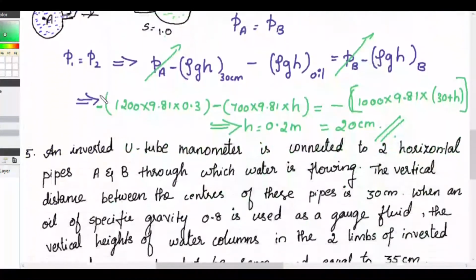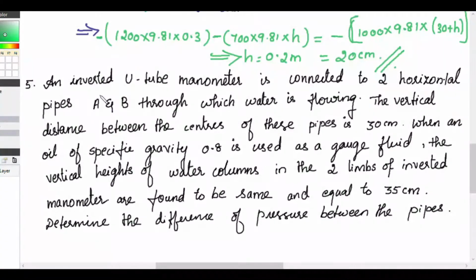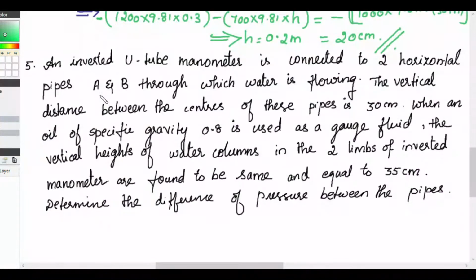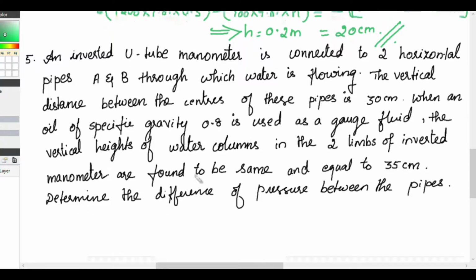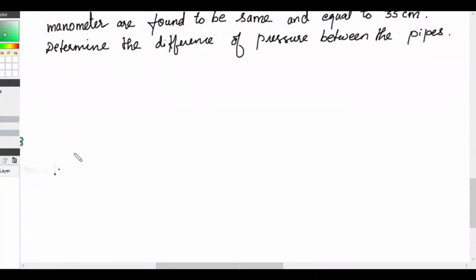Now we will have one more problem. I believe this is our last problem. The last problem is an inverted U-tube manometer connected to two horizontal pipes A and B through which water is flowing. So now we have two pipes A and B. It is an inverted U-tube manometer. So we will draw the inverted